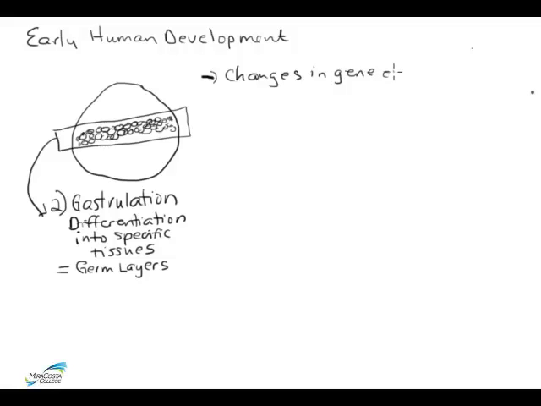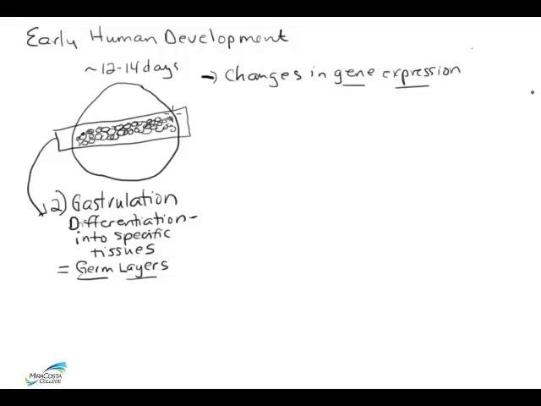If you look at different cell types within this embryonic disc at this stage of gastrulation, which, again, we're talking about maybe 12 to 14 days after fertilization, so this is very, very early in the process of development, we would already start to see changes in gene expression causing differentiation of cells into specific cell types. Now, they're not very differentiated at this stage. As I said, what they're going to be forming are primitive precursor tissues that are referred to as